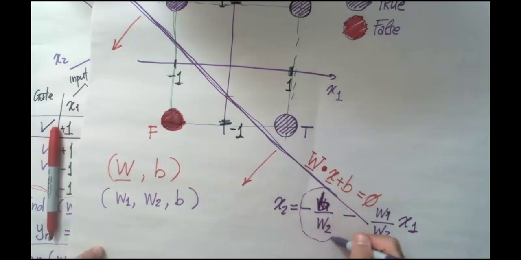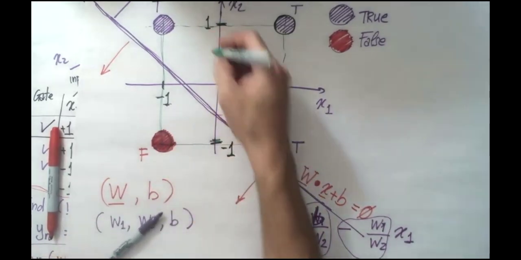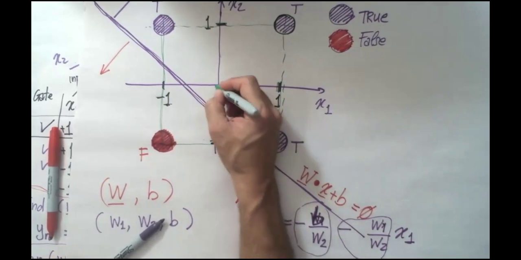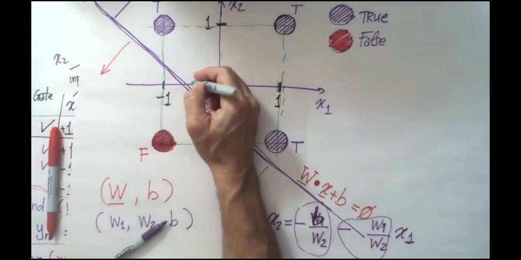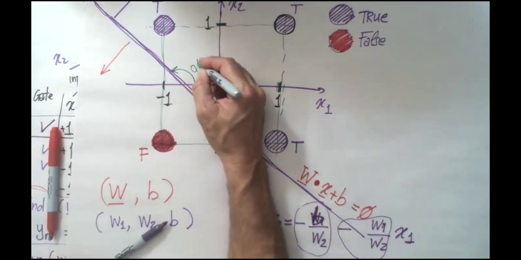So from this geometry, when I draw this line, I can only measure this distance,